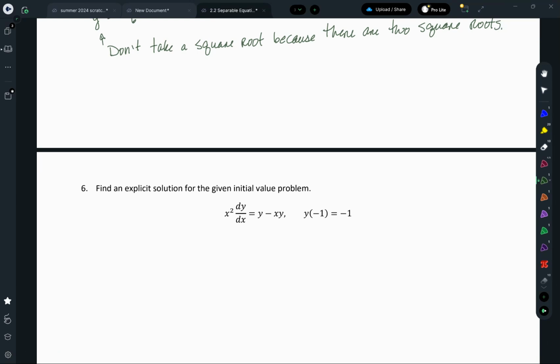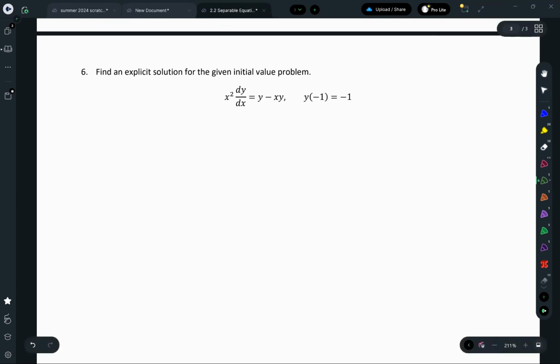All right, we need to find an explicit solution for the given initial value problem. So we're seeing some of our vocabulary coming up here. We want an explicit solution, that means y equals. And we have an initial value problem. The initial value is tied to this y of negative 1 is equal to negative 1. Okay? So what that means is